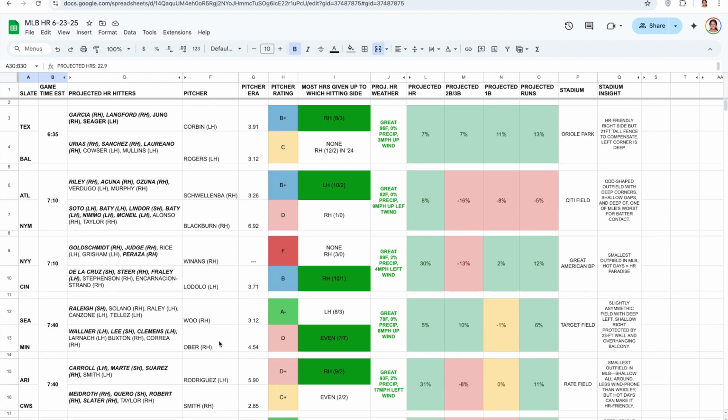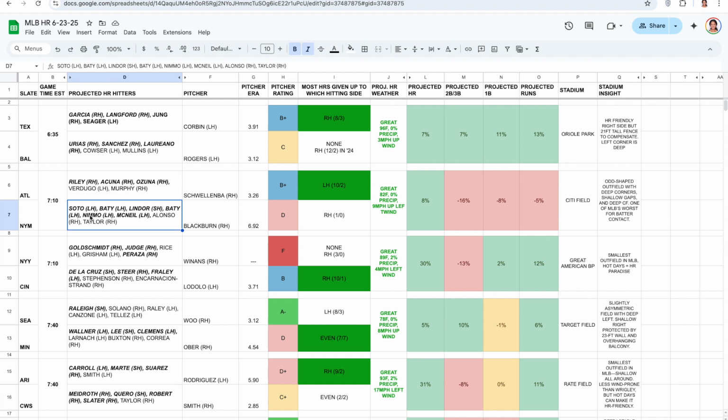Okay. And then finally, let's get back to the home run hitters. As you can see, there will be some home run hitters, batters, however you want to describe them, whose names are bolded and italicized, or they're regular, or they're just bold. And I like to do that because it gives emphasis on the players that I think are in better spots than others. However, anyone that I include on this list is in a great position to